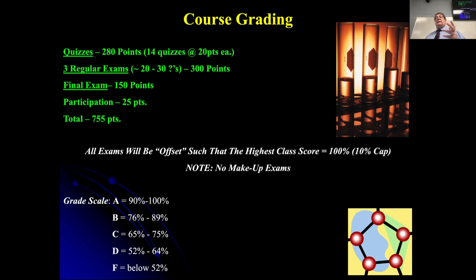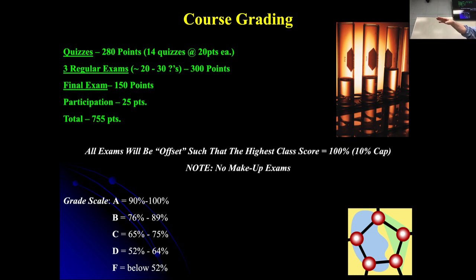So my philosophy is that an A really means something. It means excellence. And failure really means something, right? And to me, failure means you didn't try. If you try in this class, you turn everything in, I can essentially guarantee you will pass. If you get an F in this class, you got an F because you didn't turn stuff in, you didn't come up to exams, you didn't participate, okay? So those two extremes are there, right?